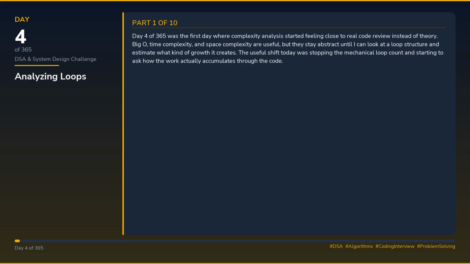Day 4 of 365 was the first day where complexity analysis started feeling close to real code review instead of theory. Big O, time complexity, and space complexity are useful, but they stay abstract until I can look at a loop structure and estimate what kind of growth it creates. The useful shift today was stopping the mechanical loop count and starting to ask how the work actually accumulates through